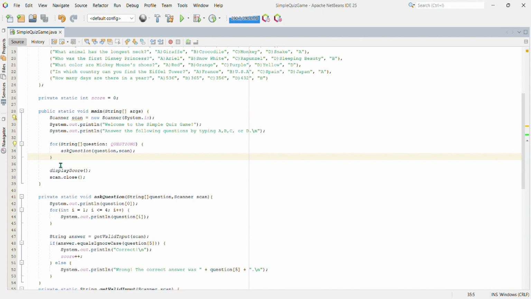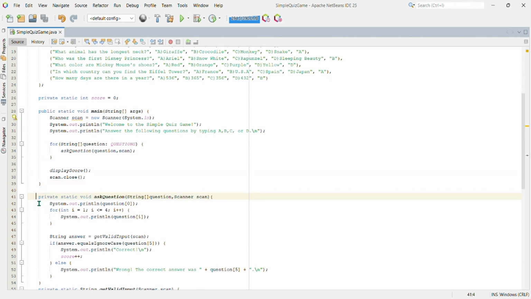This line calls the askQuestion method, passing the current question and the scanner object as arguments. This line closes the for loop. Display score. This line calls the displayScore method to display the player's final score. Scan.close. This line closes the scanner object to release resources. This line closes the main method.